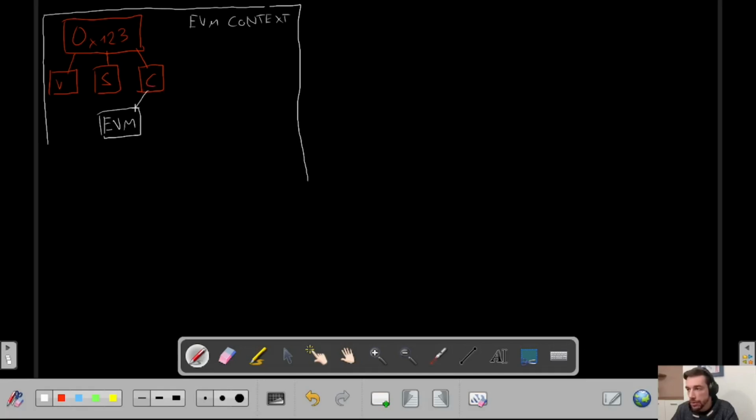Obviously it needs to load the code, so it knows what to do. The code has access to storage, and the code has access to the value, to read it. And obviously the EVM comes with some of its own stuff, because every time you start an EVM you get some fresh memory, you get a fresh stack,